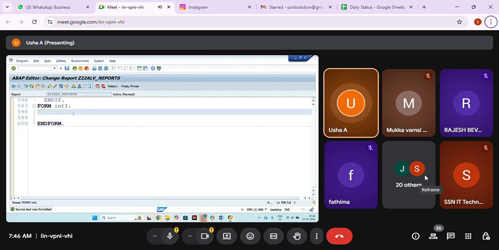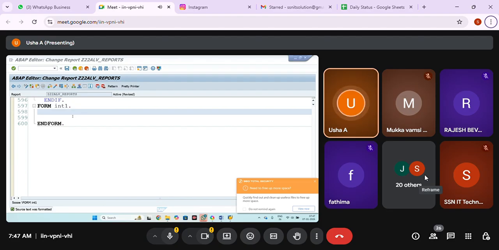So how are we going to write the code? Before, with top of page, nothing needed to be received from the output. I was only sending the data to the output. But here I need to capture the data dynamically. Whatever the user selected, I need to capture that value. And I need to capture the SY-UCOMM value also, because whether it is line interaction or button interaction, how am I going to know? By seeing SY-UCOMM. And whatever they selected dynamically, how am I going to capture it?